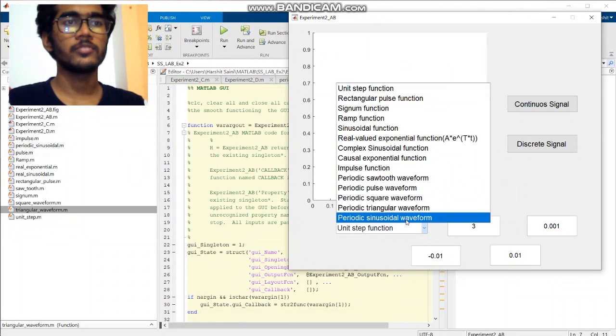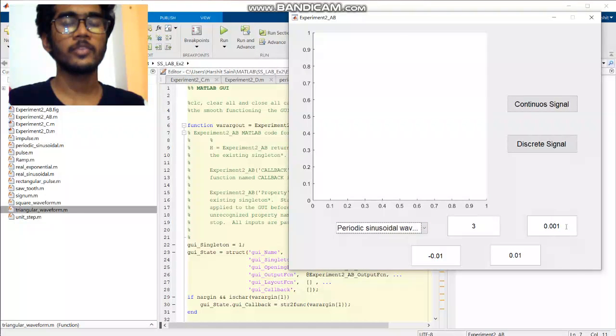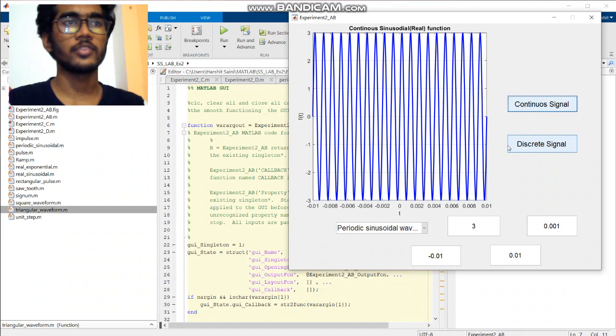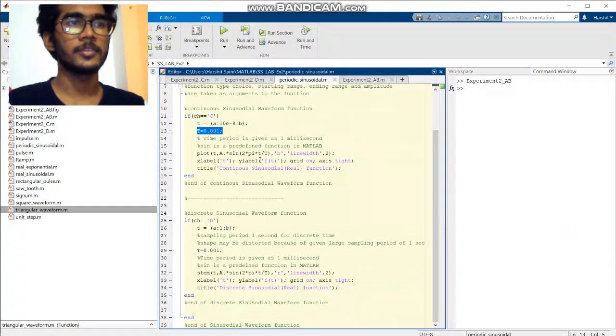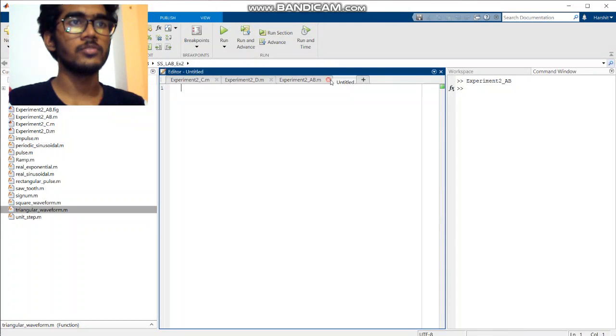Now we will choose the periodic sine waveform. It has a period of 1 millisecond. We will choose very small intervals, and this is the graph for that. And we can simply see the discrete time graph. And here's the code, where we use a time period of 1 millisecond and simply use sine. Now moving on to our next part,